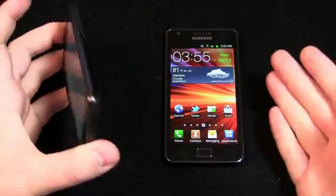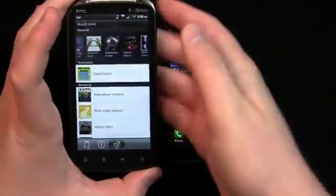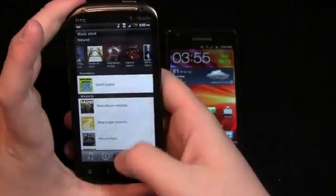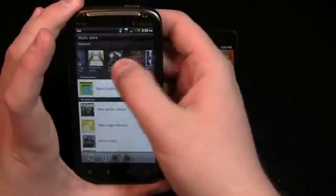They, of course, have Android Market, but they don't have a good music alternative. There are a couple scattered programs out there, but there's no real one that's taken off. So it's nice to see HTC Listen here. I hope this takes off as a popular application for them. But you have stuff you've purchased, your downloads, and your store. And so we can go in here, for example, and take a look at,